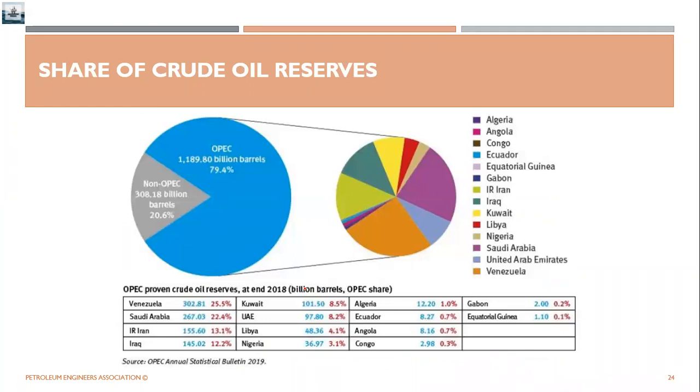Now, there is a certain organization by the name of the Organization of Petroleum Exporting Countries, which we call OPEC, right? The OPEC countries hold a majority share of the oil and gas, so they happen to regulate, or influence, the oil and gas trades mostly. As you can see, the OPEC countries altogether contribute some 81% of the global oil production, whereas only some 19 to 20% is regulated by the non-OPEC countries.